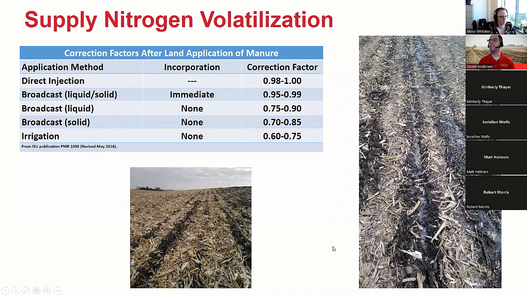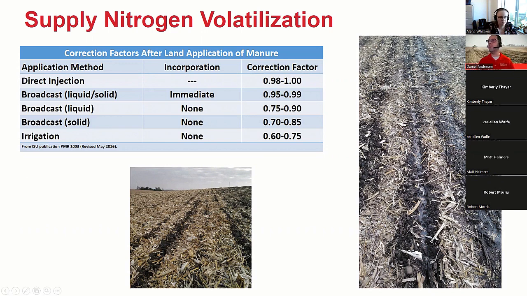I just have two pictures to illustrate this point on my slide. I was out at a field one day doing a site visit, and they were running injection equipment. So they're probably assuming that 99% of their nitrogen is there. In one part of the field, this bottom center picture, it looks brilliant. You don't see any manure pooling to the surface. It's all interacting with that soil right away. We have really good coverage with soil, not just with crop residue, and I'm really happy.